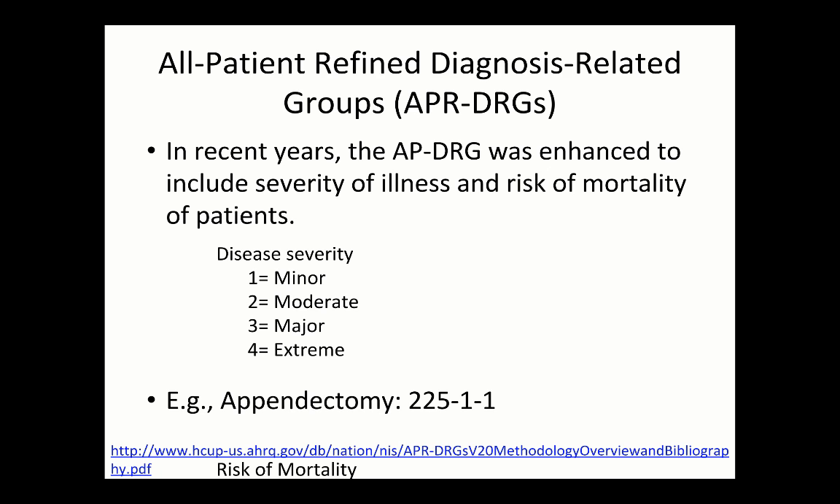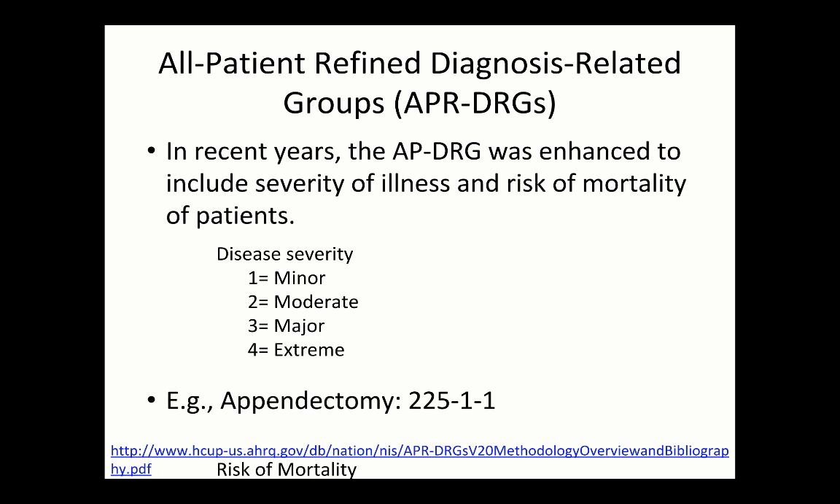The APR-DRG has 3 components, each separated by a dash. The first component is the base DRG code. The second is a digit from 1 to 4 to describe severity, and the third is a digit from 1 to 4 to describe risk of mortality. For example, an appendectomy has a DRG code of 225. If the disease severity is minor and the risk of mortality is minor, the APR-DRG is